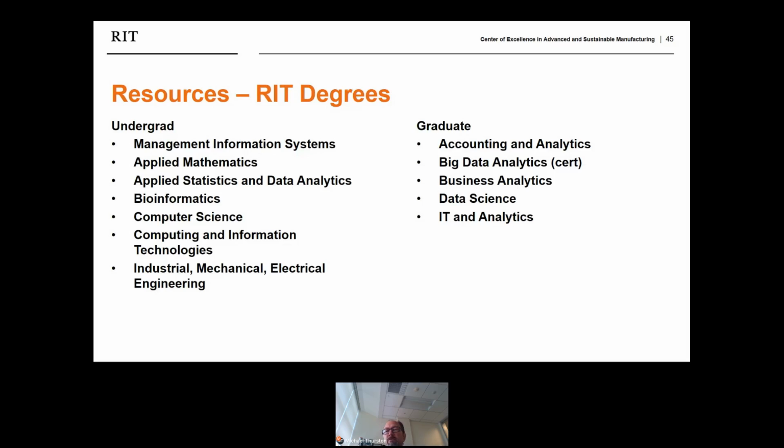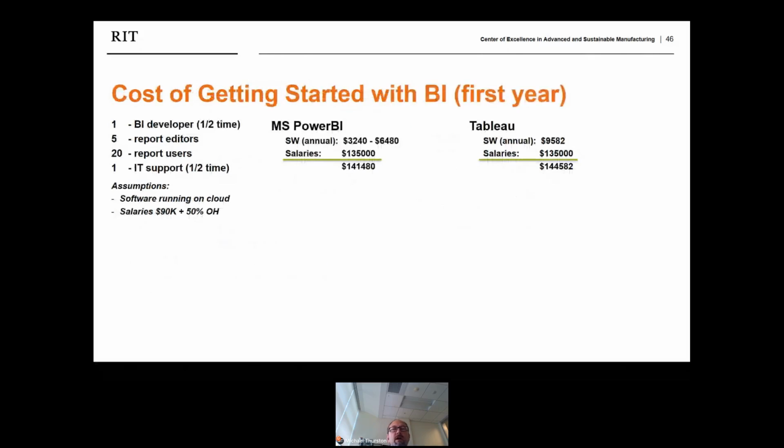There are also many free or low-cost online training options. Coursera is one good place to look, coursera.org, as well as other university online degree and certificate programs. Hiring experienced data analysts can be a challenge due to the market demand and the salaries being paid. So internal development can be a good solution. So next we'll talk about the cost of getting started.